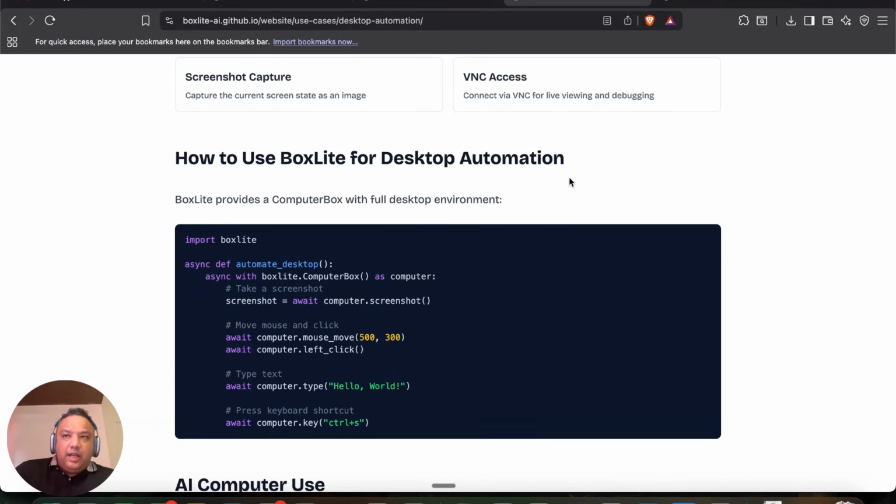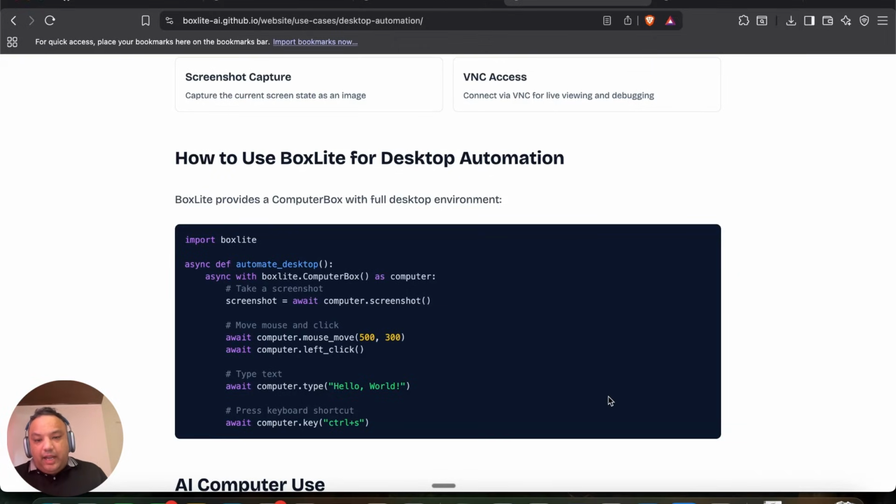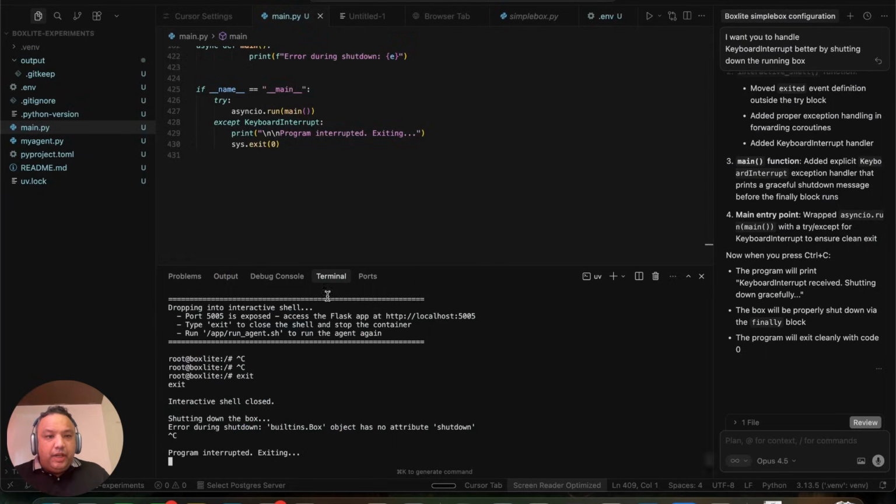If you want to use this with Anthropic computer use agents or whatever it is, you can use this with this capability. I really found this to be really powerful, and because it is so simple, has a Python SDK. I'm a big fan of something that has a Python SDK. It just makes it so much easier for me to integrate into my workflow. So just today, I've built out a very interesting example with Boxlight, and I'll quickly share that with all of you.